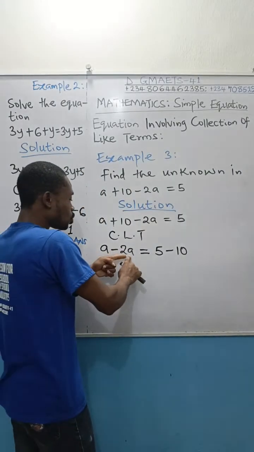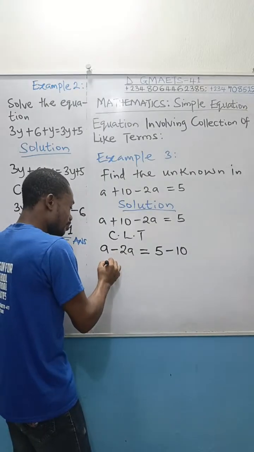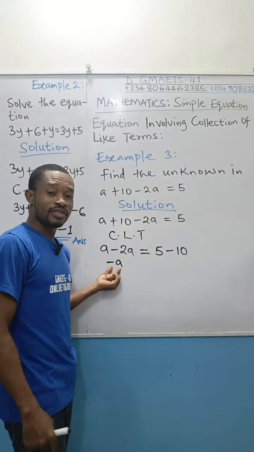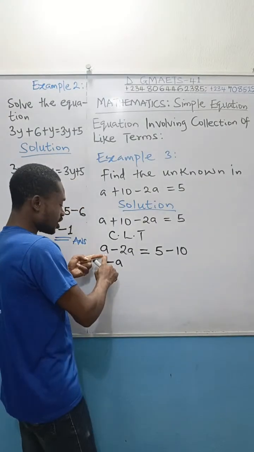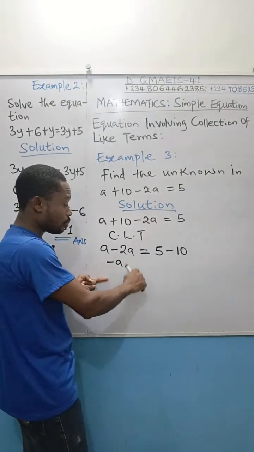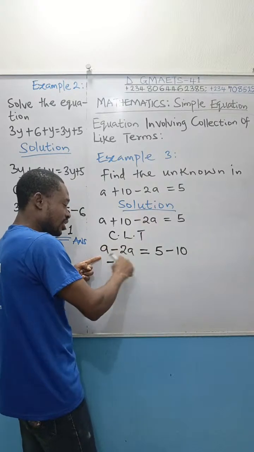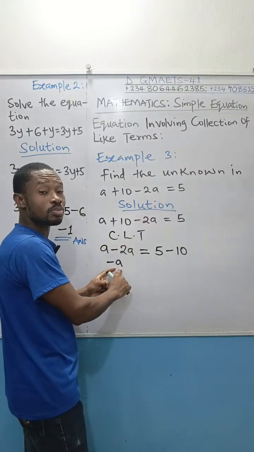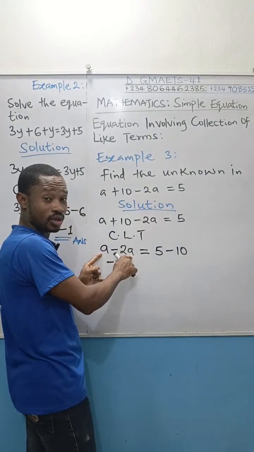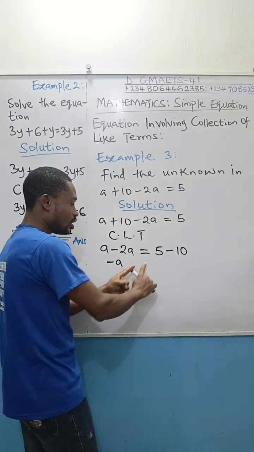So a minus 2a will give you minus a. You will still be owing 1a. That's the meaning of that, minus a. So this a minus 2a gives us minus a. You are still owing. That's why we put minus. So these two terms, a and minus 2a together, simplified, give us minus a. So you bring that minus a to represent the two of them. Are you following, right? After what you have on the left-hand side, which gave us minus a, the next thing